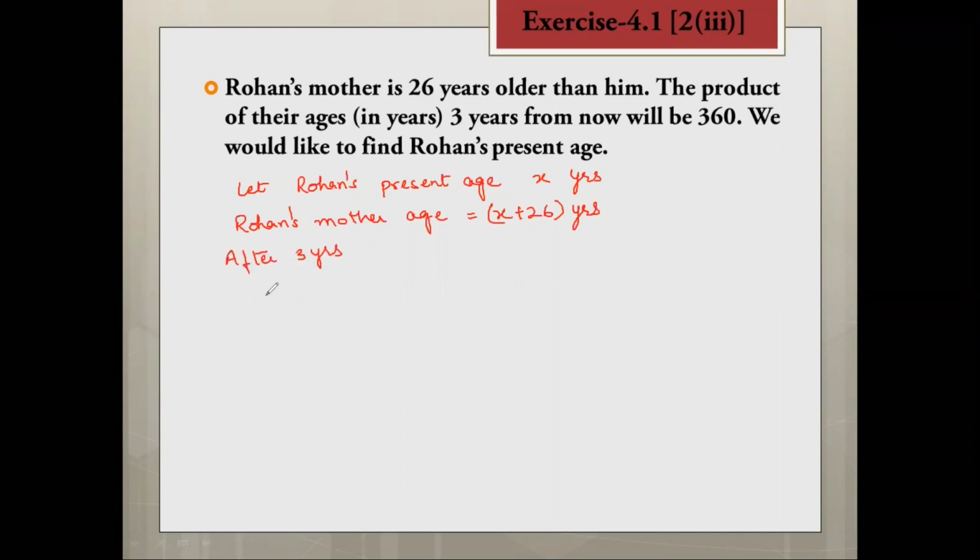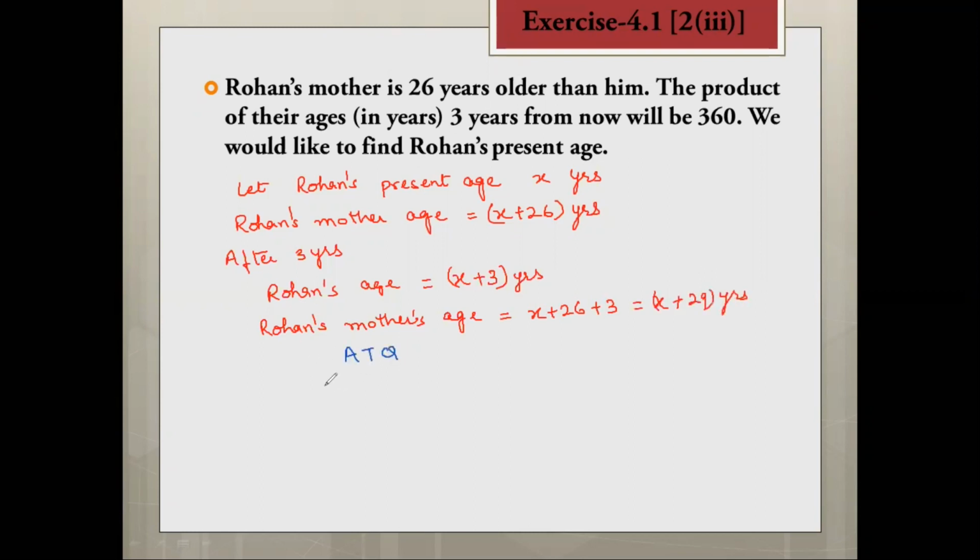After 3 years, Rohan's age, if its present age is x years, will be x plus 3 years. And similarly, Rohan's mother's age is x plus 26 plus 3. Means present age is x plus 26 and after 3 years it will be x plus 29 years. Now according to the question, the product of their ages after 3 years, that is x plus 3 and x plus 29, is